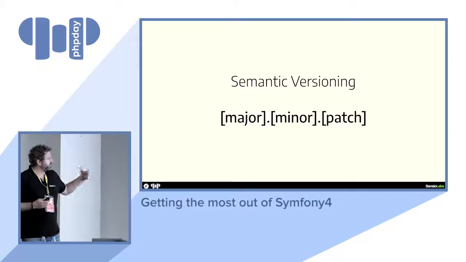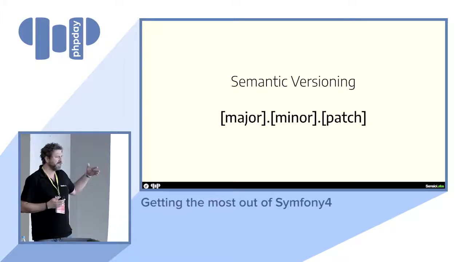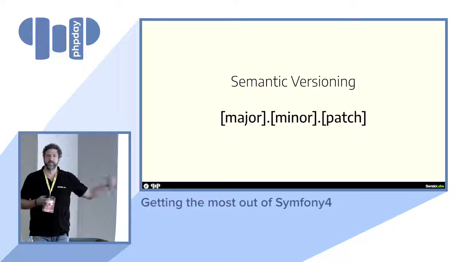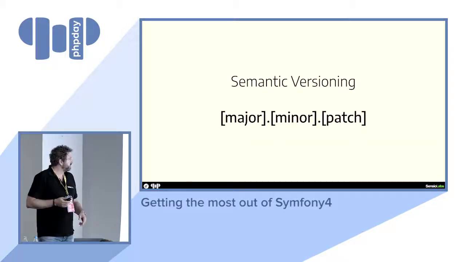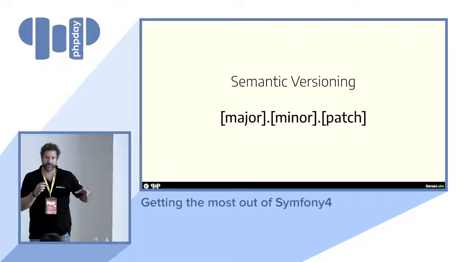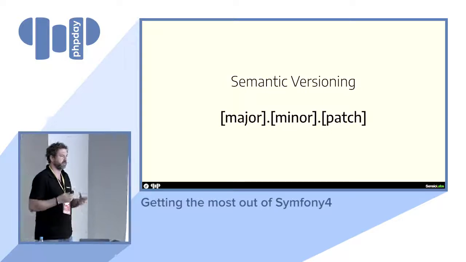That means when 4.0 came out, 3.4 was released at the same time, and 3.4 is basically 4.0 plus the backwards compatibility layer. And so some of the things that I'm talking about today are also related to 3.4